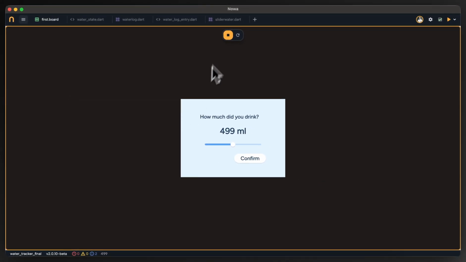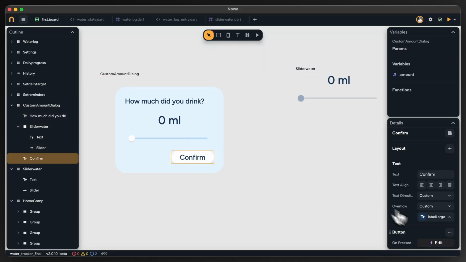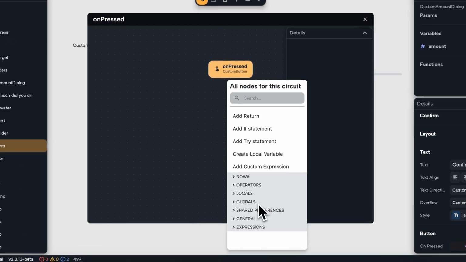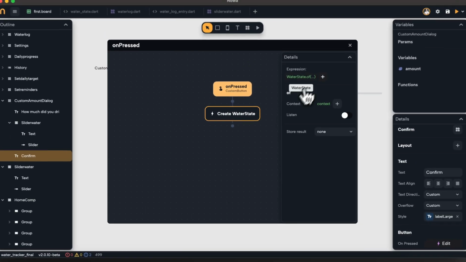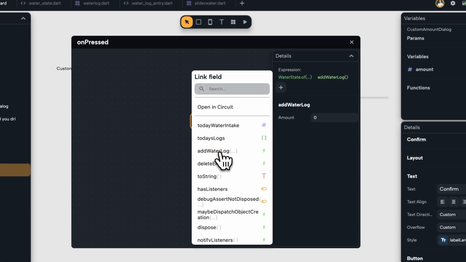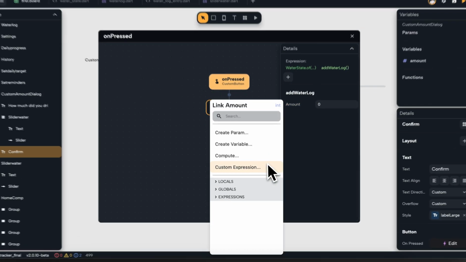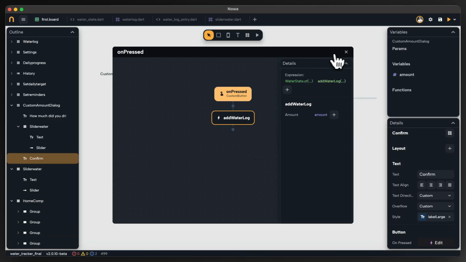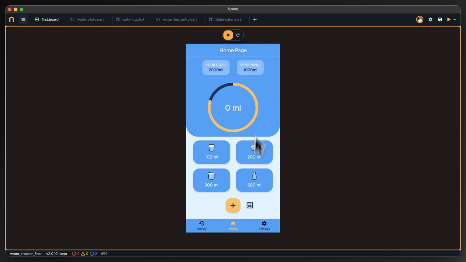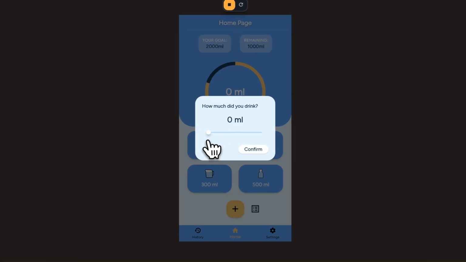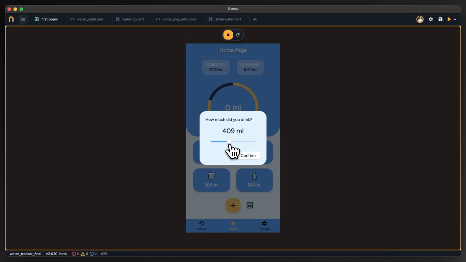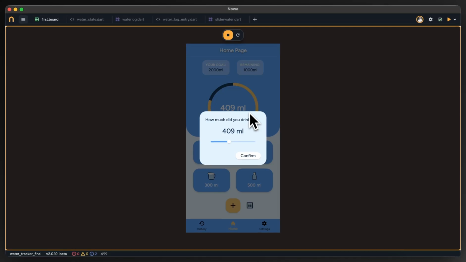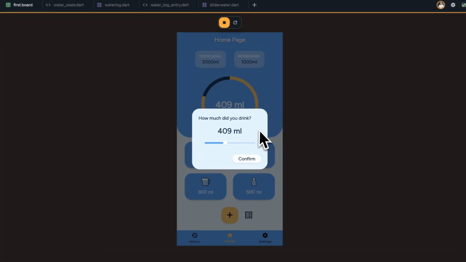And now since I'm sure about that, I can simply, instead of just printing the value, send the value to the water state. So I will go to globals, pick my state, and then here call the function add water log, and then the amount that I will send will be the amount variable that I have in the dialog. Okay, now let's play the app itself. And when I click on plus, I will see the dialog. I can then change the value and I can click on confirm. I can see in the background the number changed, but as I can see here, the dialog still